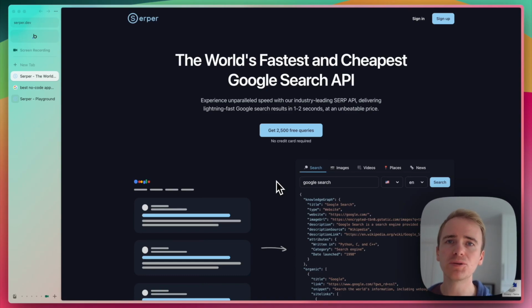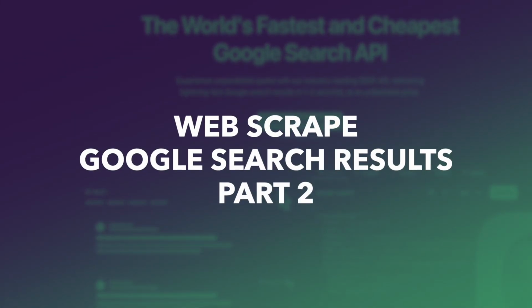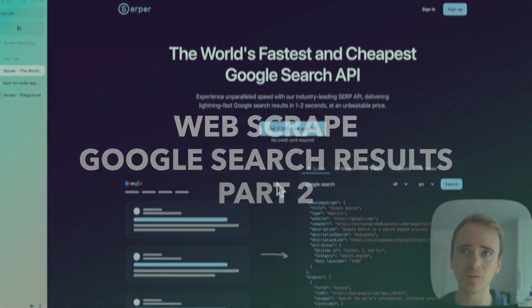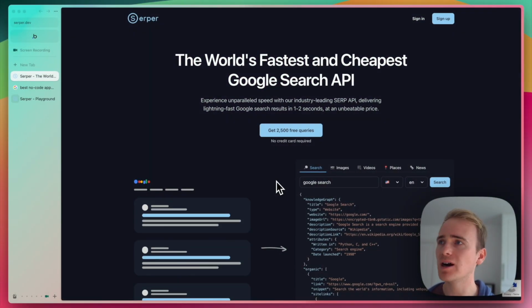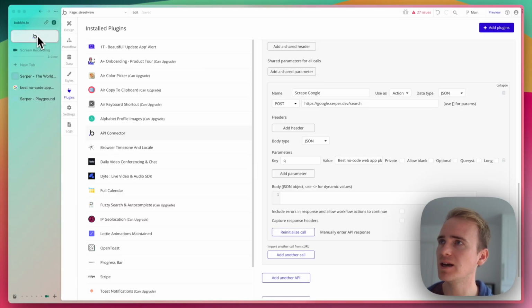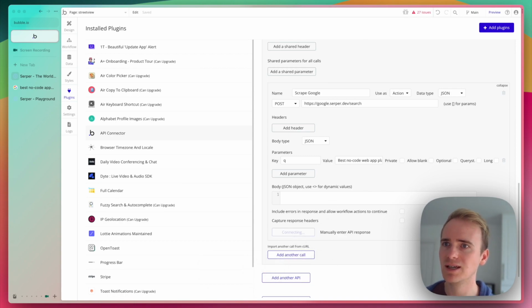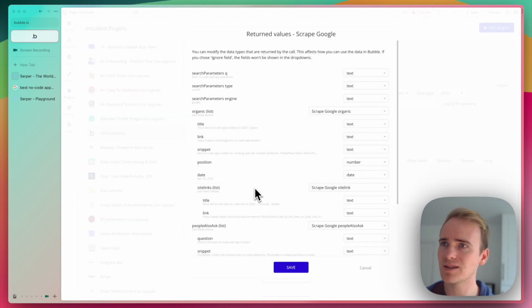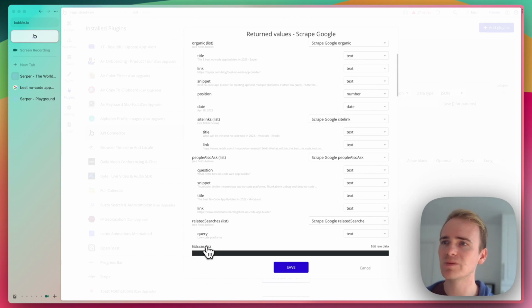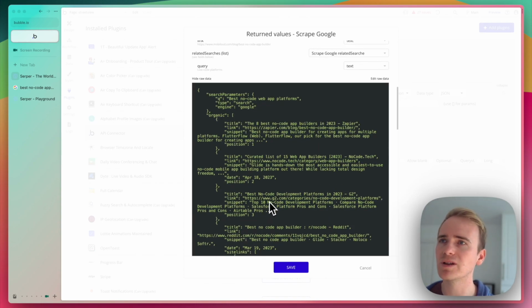Web scraping Google search results into your Bubble app is easy with a service like Serper.dev. In the previous video, I demonstrated how we can easily, in less than 5 minutes, add the API to the Bubble API connector, and we can then get results such as this. And in fact, I'm really surprised it's dead quick. We get back our list. So my search term query was something like best no-code web app platforms, and I'm getting back Zapier,